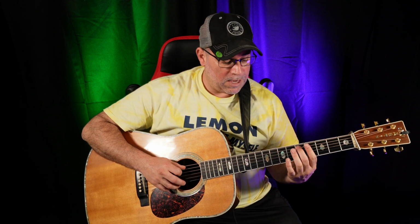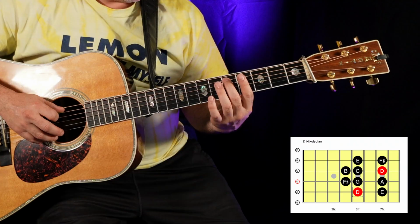And that's what we're just going to be looking at, the riff part that he does over a D chord. Basically what we're going to be doing is playing off of this shape, a D bar chord at the 5th fret. And we're going to start here on the 5th fret with our middle finger on the A string, or the 5th string, and go 5,